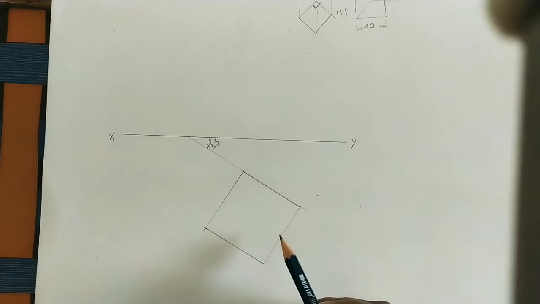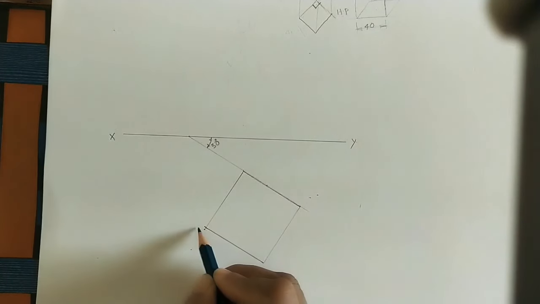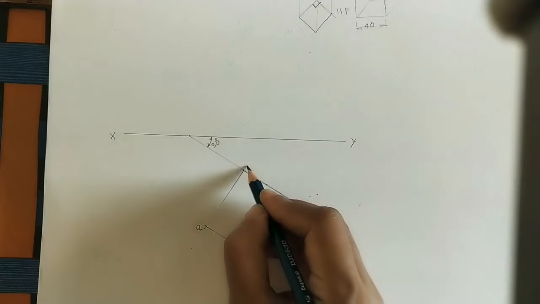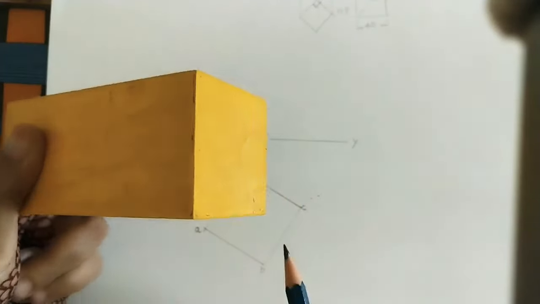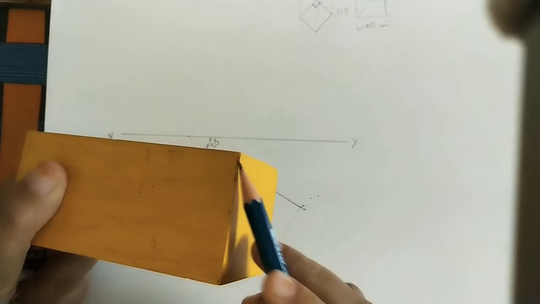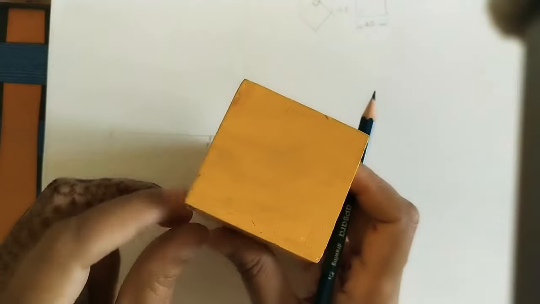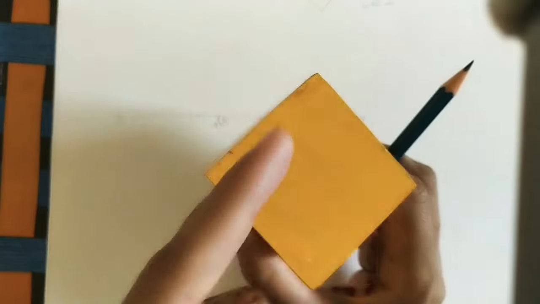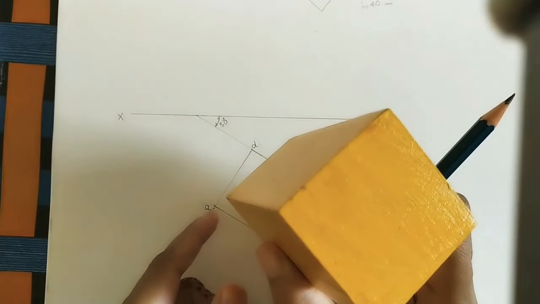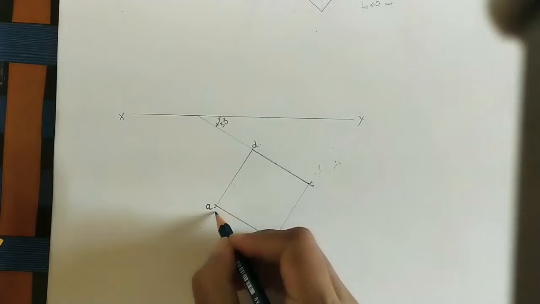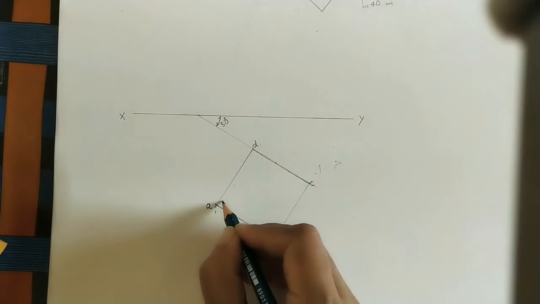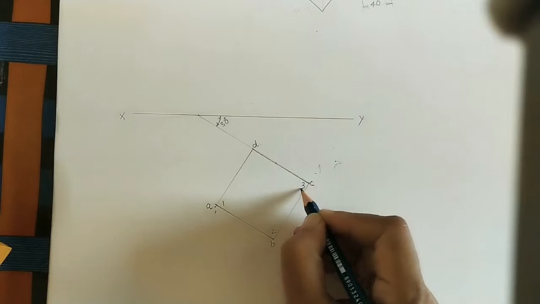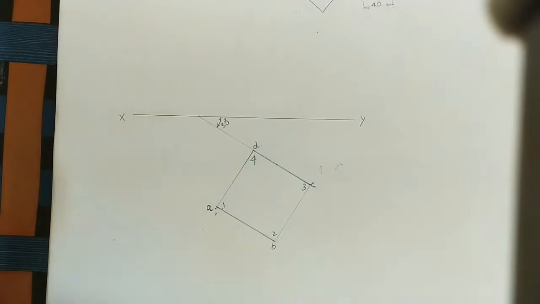For the top view mark the small letters. Here I am marking, this is A, this is B, this is C, this is D. For the base I am giving A, B, C, D. For the top surface I will mark at A it is 1, so at B it is 2, like that, 3, 4. Both 1 and A are coming at the same point, that's why mark A comma 1. Here I will mark B comma 2, C comma 3, D comma 4. Now this is the top view.